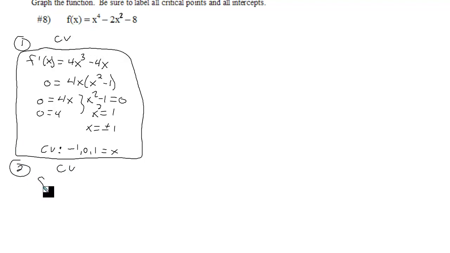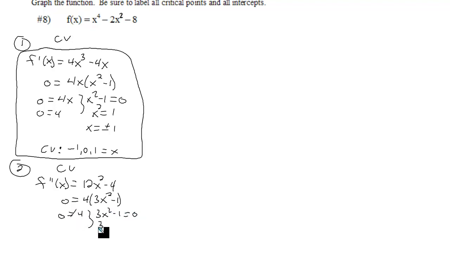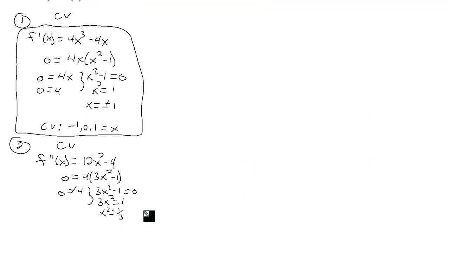Step 2, find more critical values from the second derivative. The second derivative would be 12x squared minus 4. Set it equal to 0. Set each factor equal to 0. 0 equals 4? No, it doesn't. So we end up here with x is plus or minus